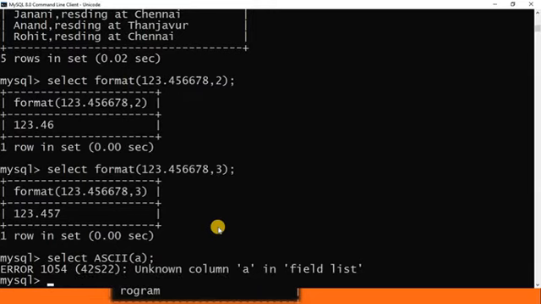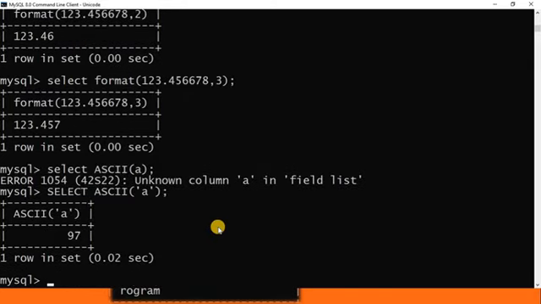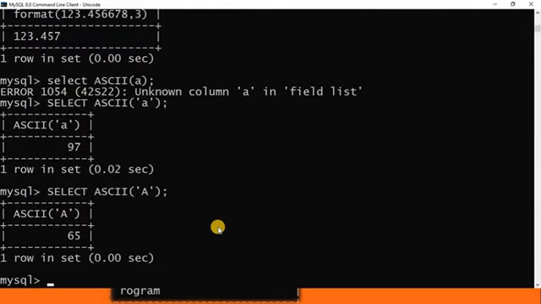That is the problem. If it is a character, we have to give it within single quotes. So ASCII of 'a'. What is the value? The ASCII value of small a is 97. If it is an uppercase capital letter, the value of A is 65. So it displays the ASCII value.